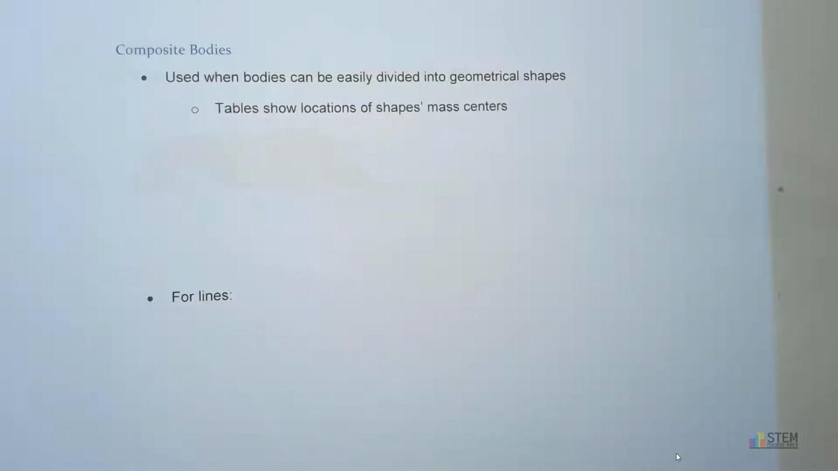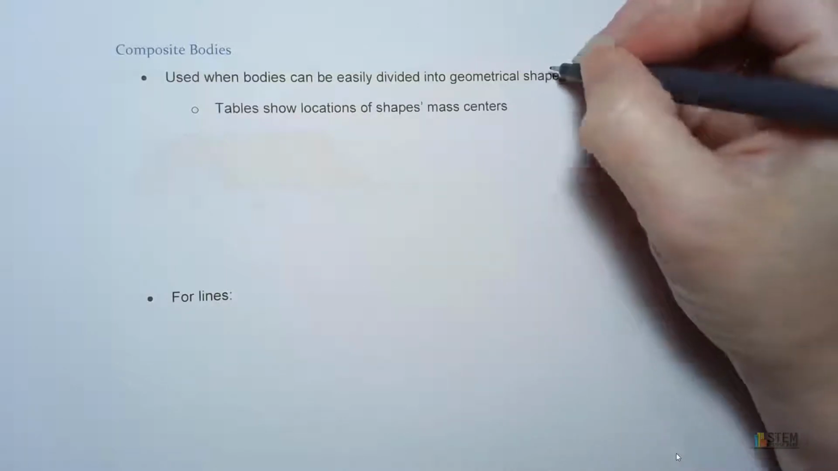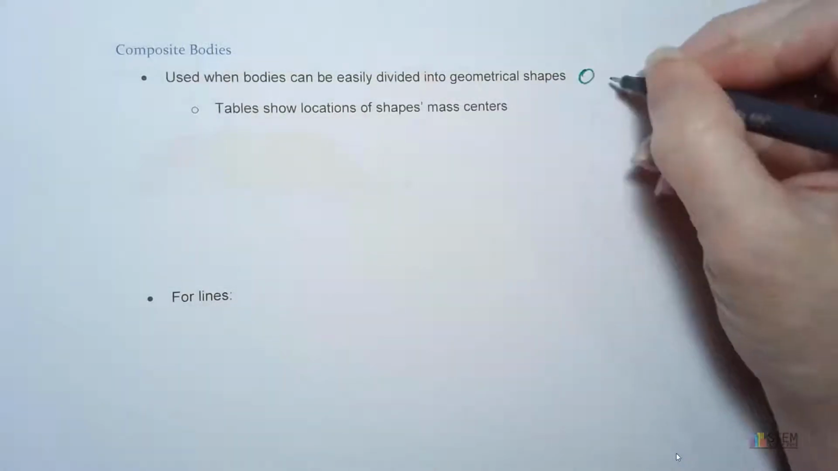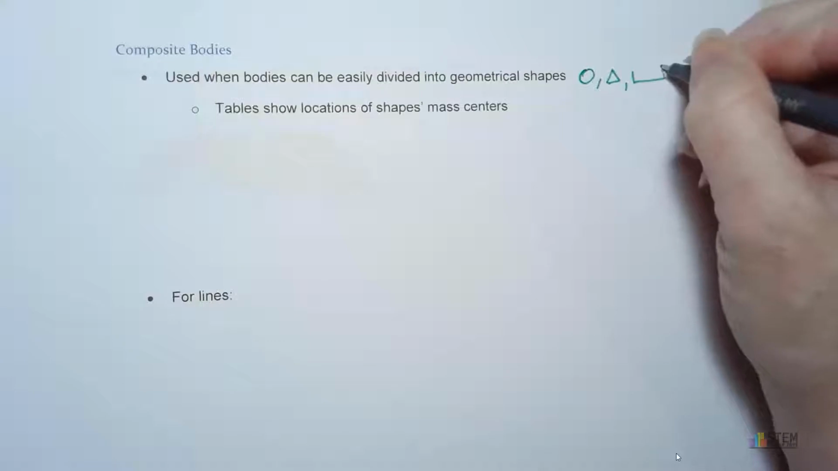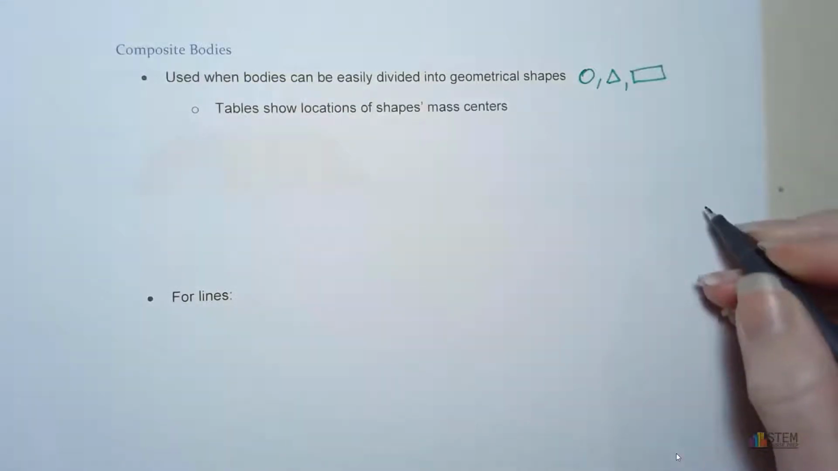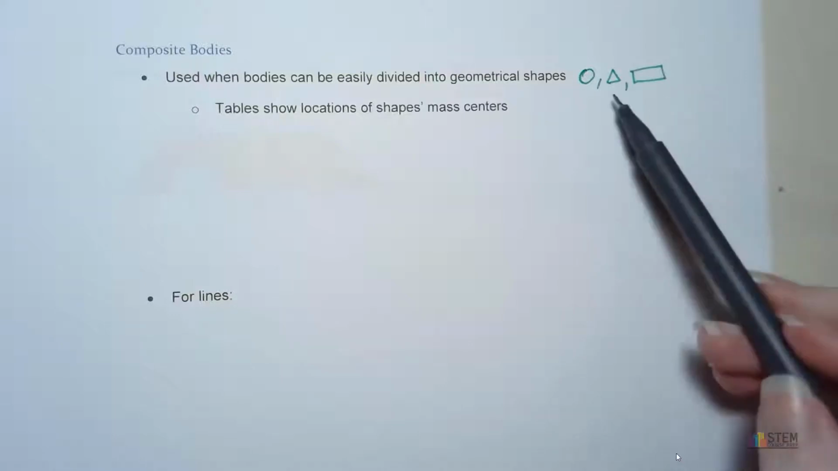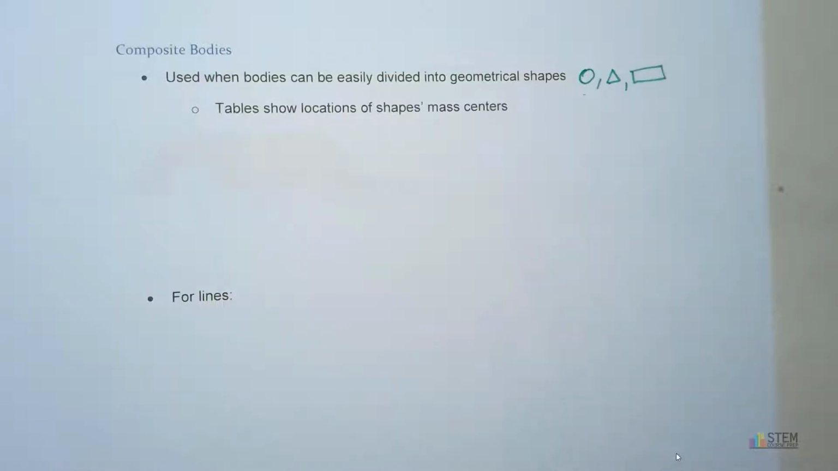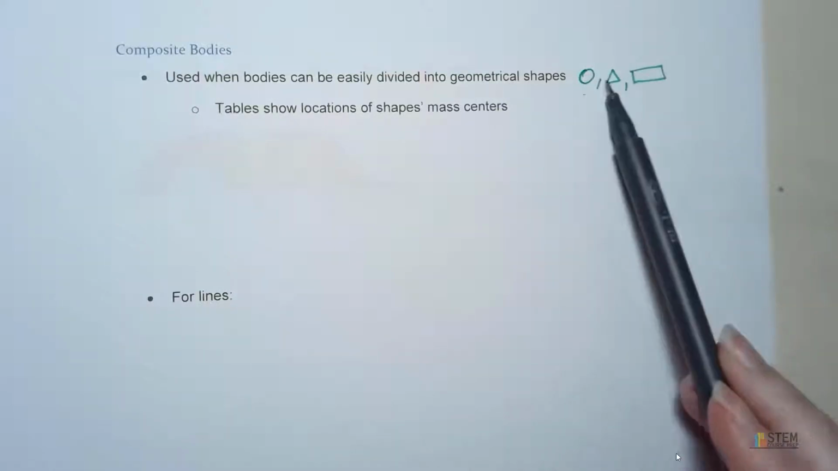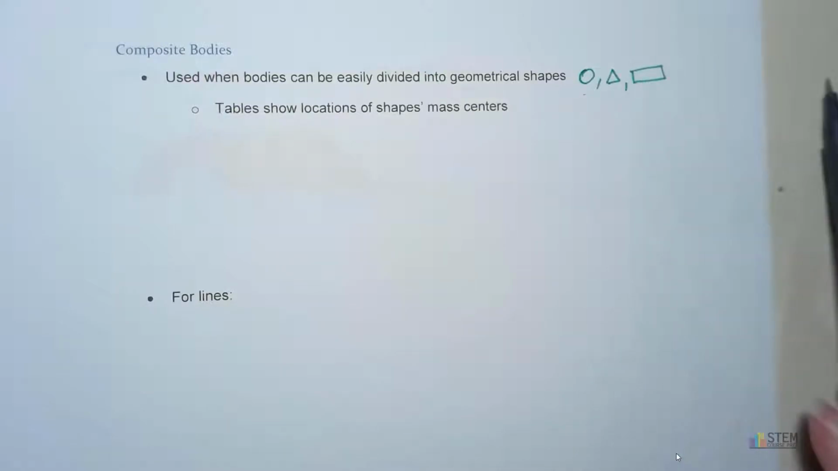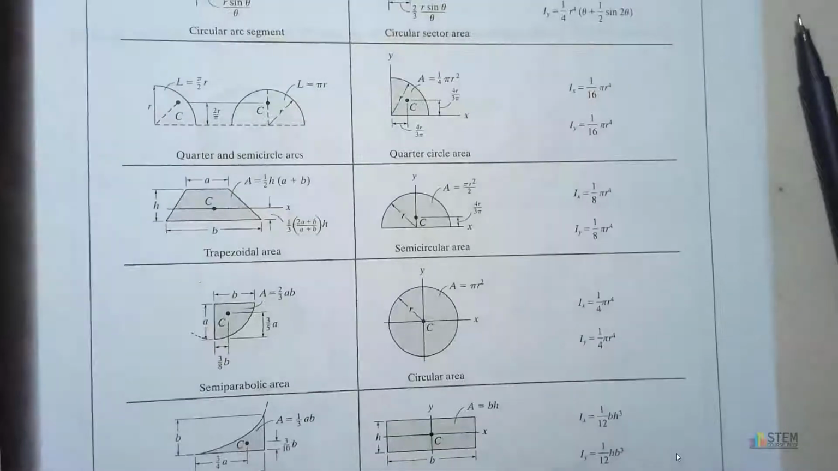And we're going to use this method when your bodies can be divided into easy to spot geometrical shapes. And by geometrical shapes, I'm talking about circles, triangles, rectangles, things like that. Semicircles, just basic geometry shapes. And the reason why we want to do this is tables have been created like this